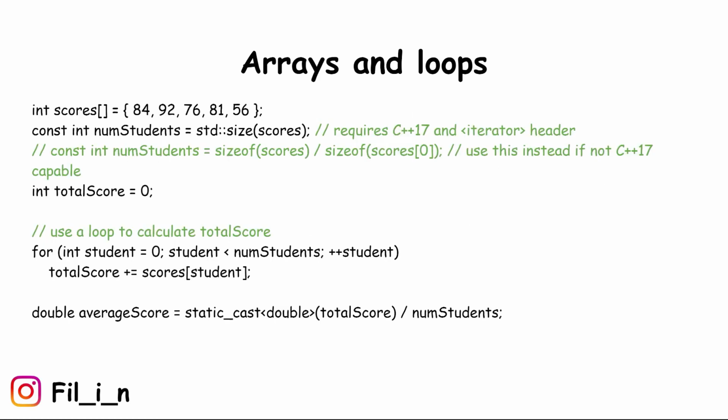int scores[] = {84, 92, 76, 81, 56}; const int numStudents = std::size(scores); // requires C++17 and <iterator> header. const int numStudents = sizeof(scores) / sizeof(scores[0]); // use this instead if not C++17 capable. int totalScore = 0; // use a loop to calculate totalScore. for (int student = 0; student < numStudents; ++student) totalScore += scores[student]; double averageScore = static_cast<double>(totalScore) / numStudents;